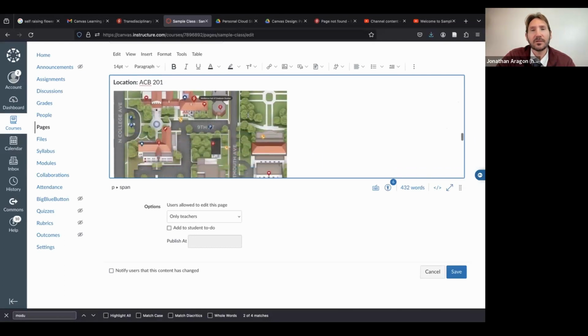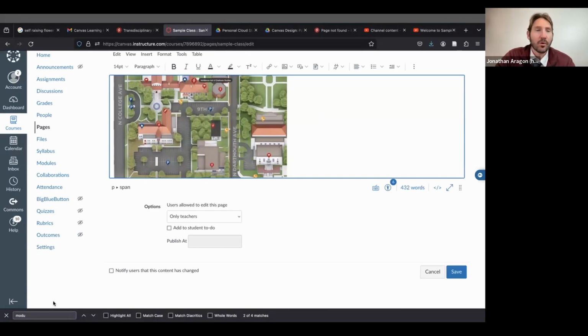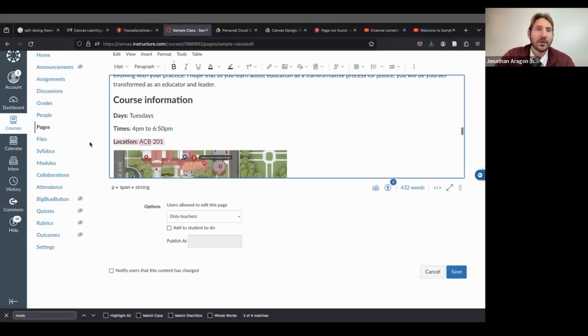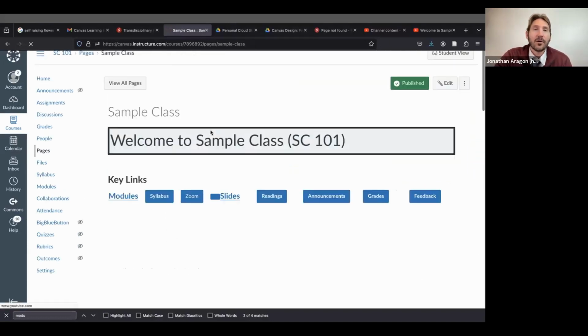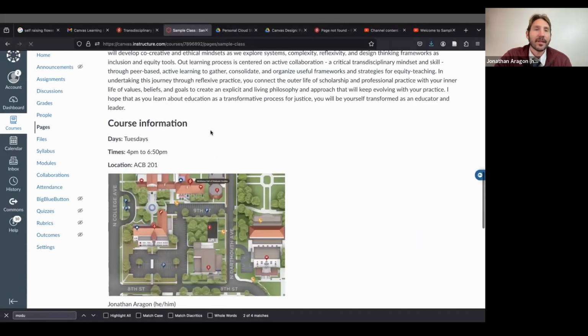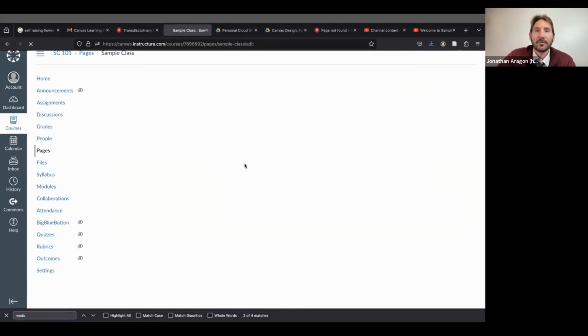In terms of images, here's a good example of something where you don't want to leave out your alt text. Because look, I'm trying to be inclusive, like all professors try to be. I say it's at ACB 201, and I'm going to give them a map here. But if I'm visually challenged and I'm using a screen reader, I can't see that location. You know what I mean? So I think it would be better